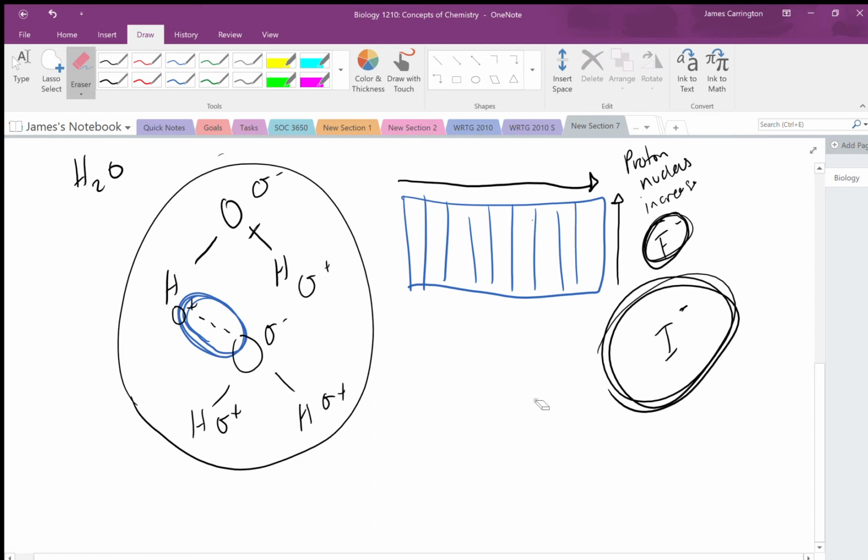I'm going to delete this guy again. So the molecules are going to be moving faster, and this right here is going to break more frequently. And this breaking in proteins is what causes them to lose their shape, which is not good. The other thing that can cause them to lose its shape is if you have a higher or lower acidity pH. So pH is a measurement of the hydrogen ions or hydroxide ions in